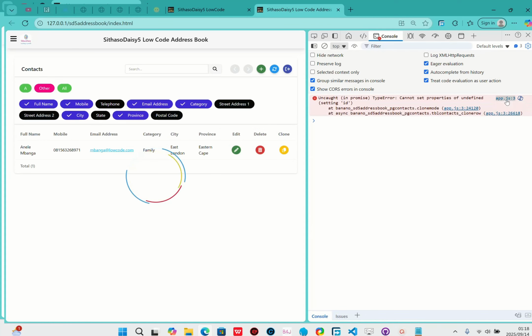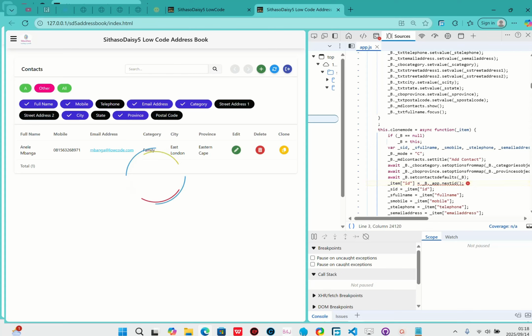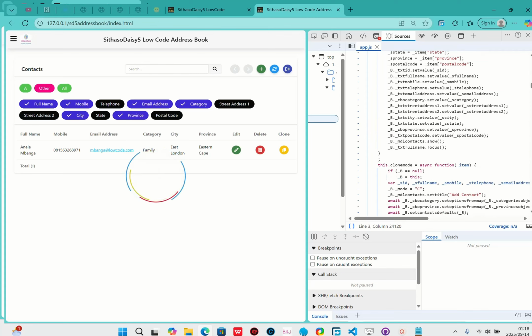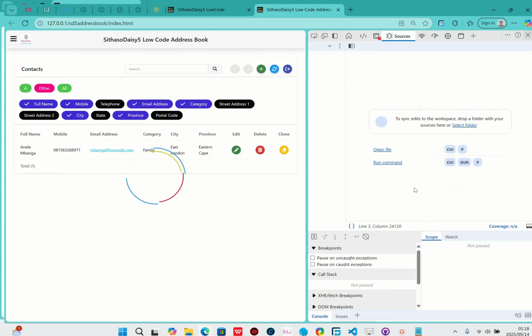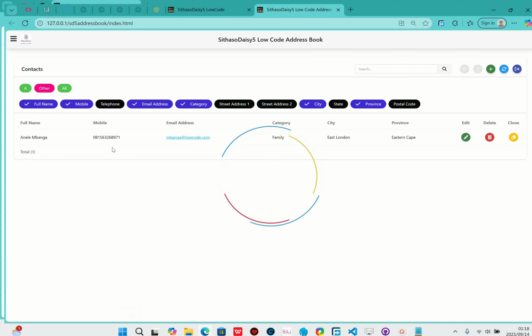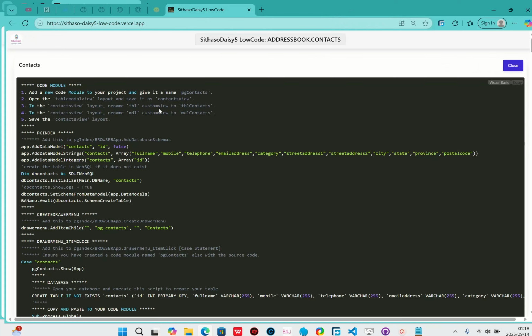So there's an error here in a promise, next ID. Wow, clone. Okay, cool. I'll have to figure out why it is doing that, but anyway, its clone is editing. But let's just exit this. So let me show you on the code